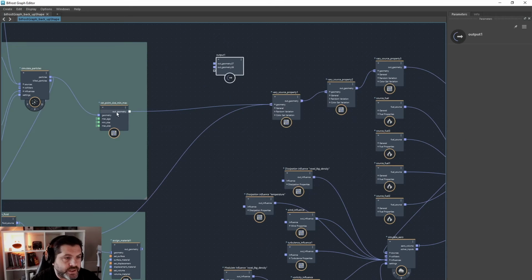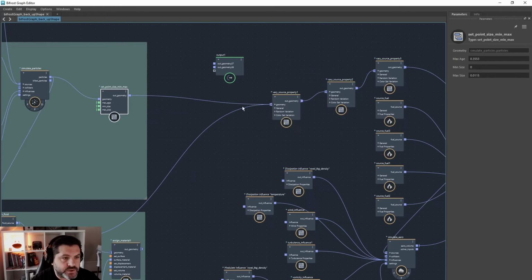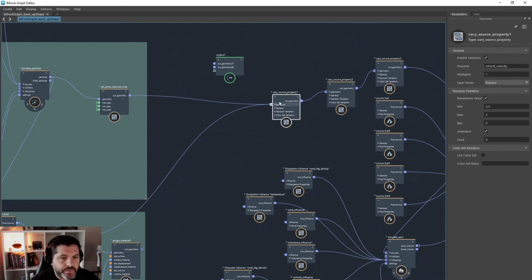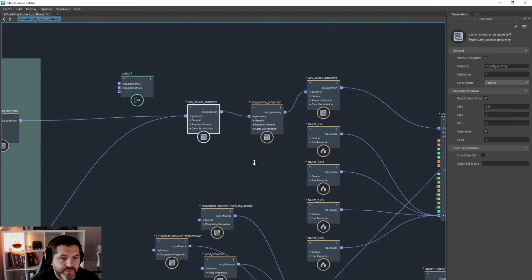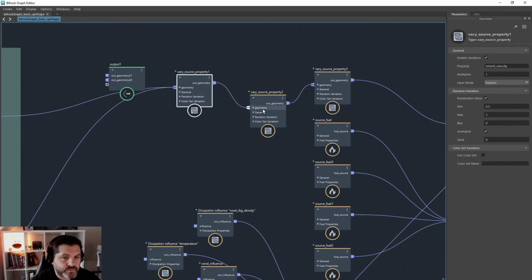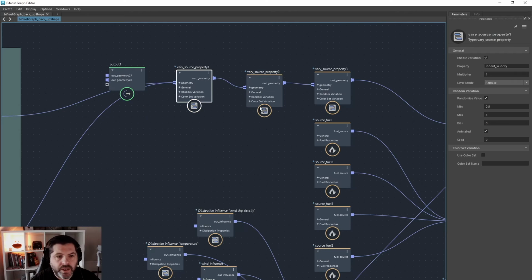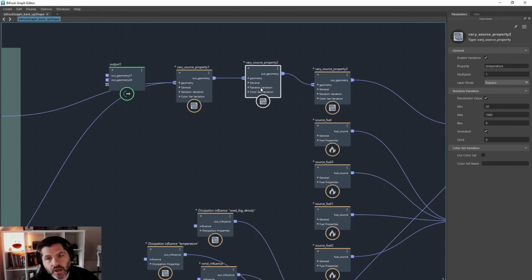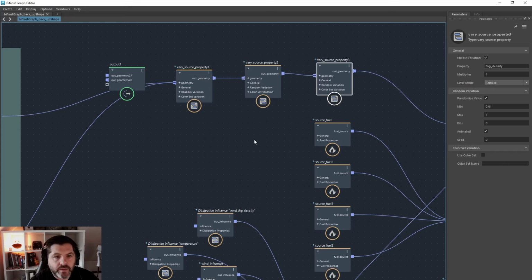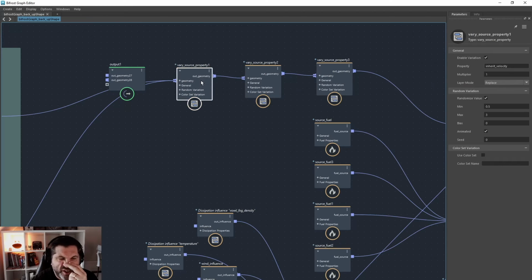So I dragged in. We've got the particle system coming into here, and we've got the NPM system coming into here as well, into these very source property nodes. So I'm varying the velocity, I'm varying the temperature, and I'm varying the fog density. What I'll do is I'll just click on each one of these so you can pause it and like take in my settings, temperature,